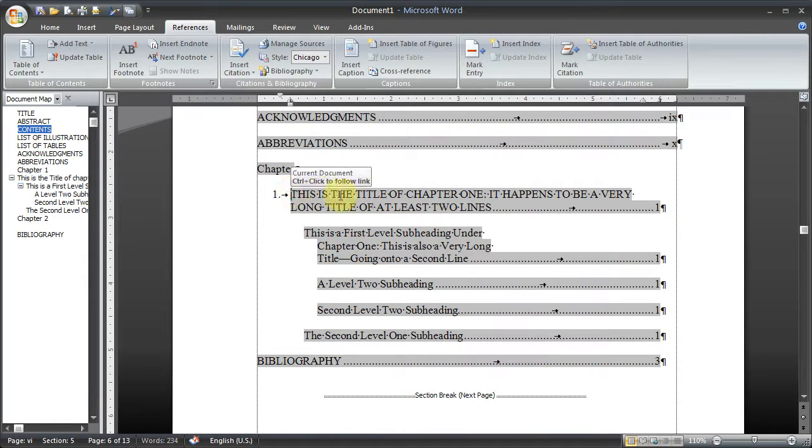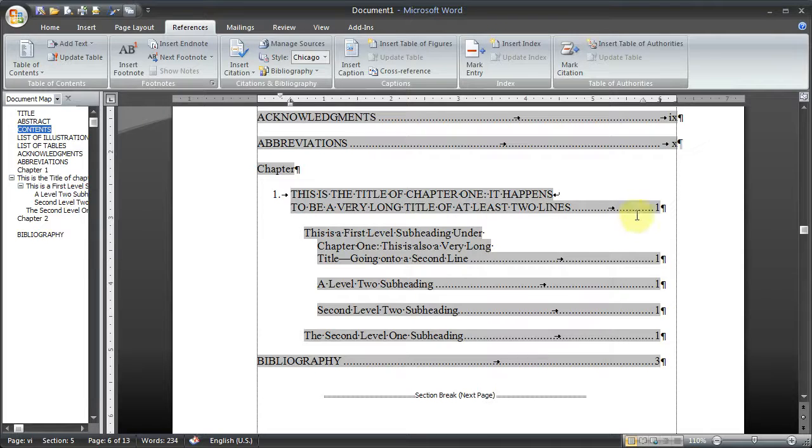The next thing you do is make sure that each of your lines have less than 48 characters. So you count these off, and when you get to 48, then you're going to delete that space, and you're going to insert a manual line break. Not a return, but a manual line break, which means you're going to hold down on the Shift key and